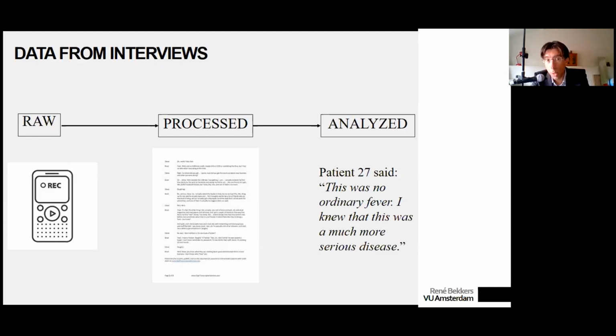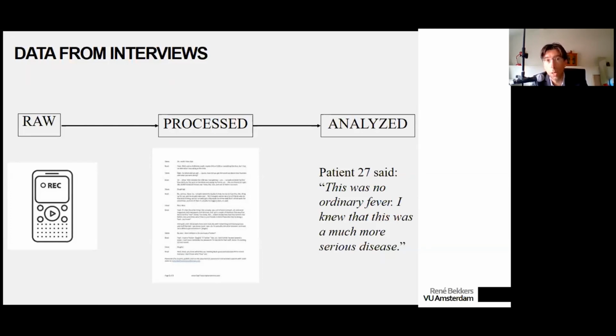When data are coming from interviews, that's the point of this slide, the situation of raw, processed, and analyzed data is very different from the way a lot of open science initiatives started with, because they started with archival data, surveys, experiments, and this is not the predominant way of collecting data in much of the social sciences.